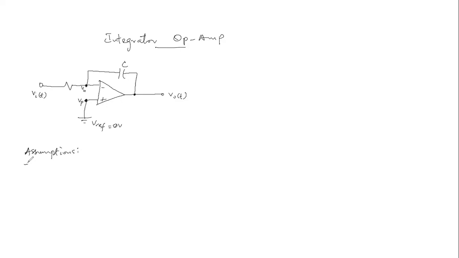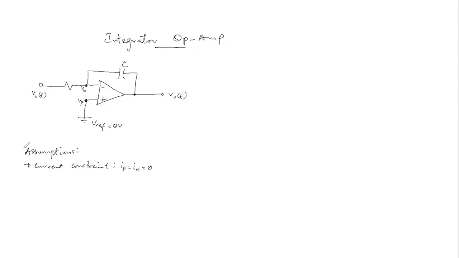So we have first the current constraint, which is I sub P, same as I sub N, is 0,